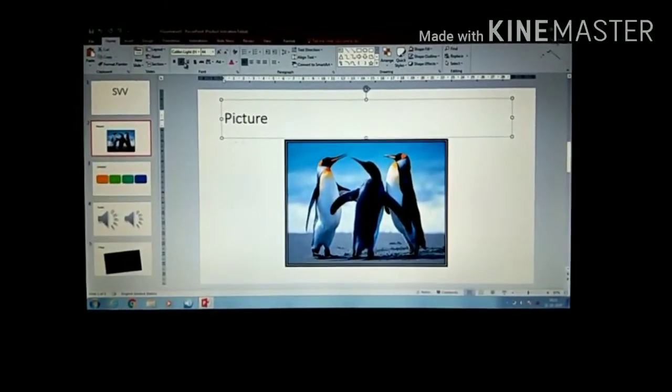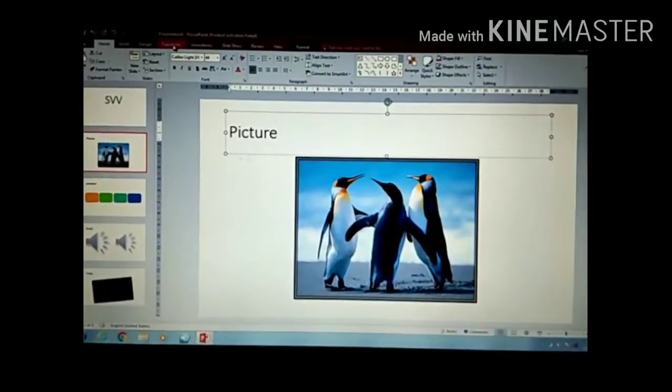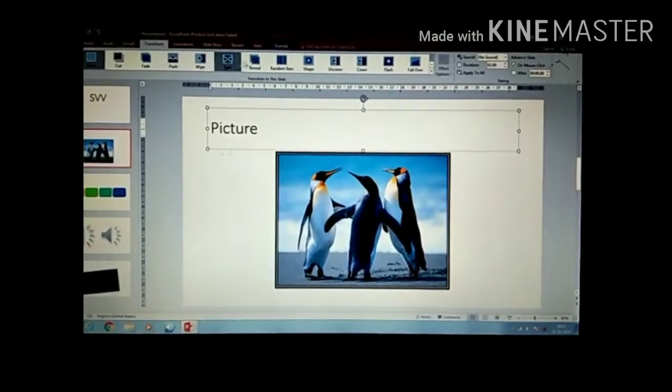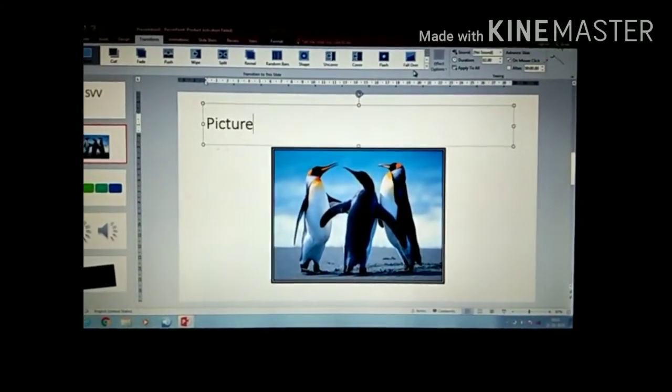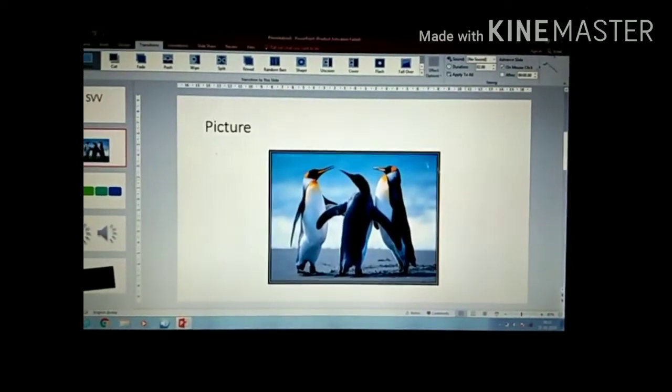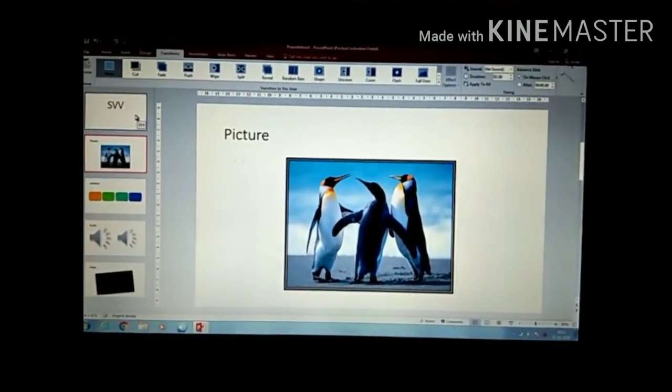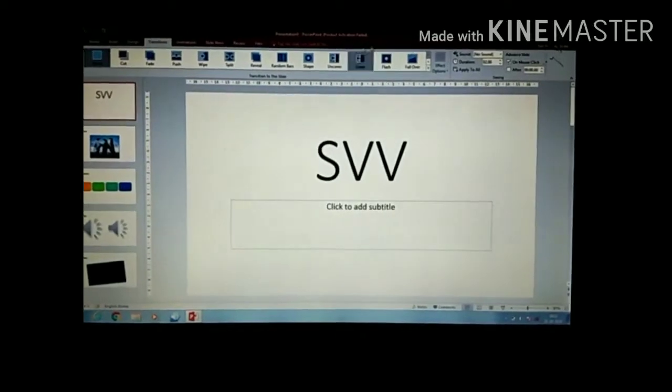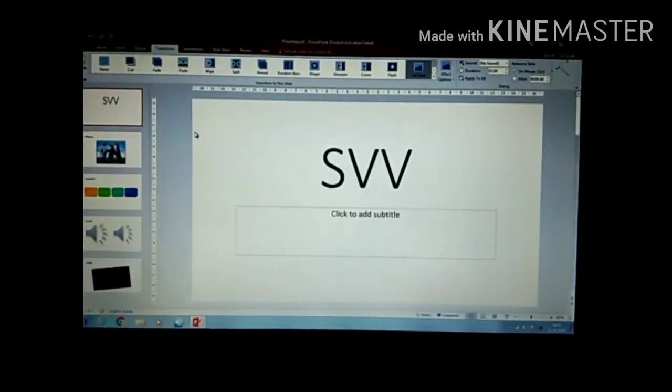If you want to apply a slide transition, click on the transition tab. You will get all the options related to the transition over here. These are all the options of slide transition. You have to apply the transition on one slide at a time. So select the slide and click on the transition option.